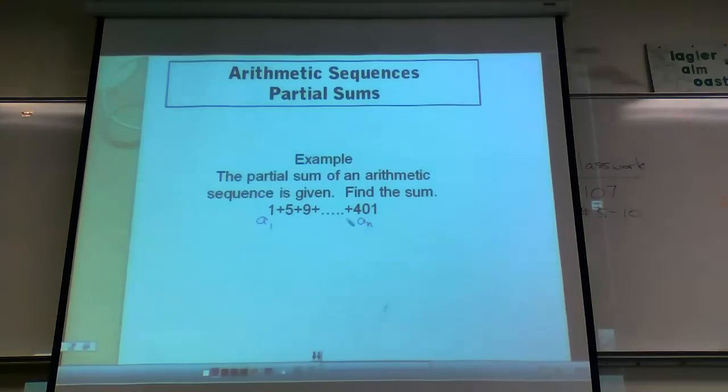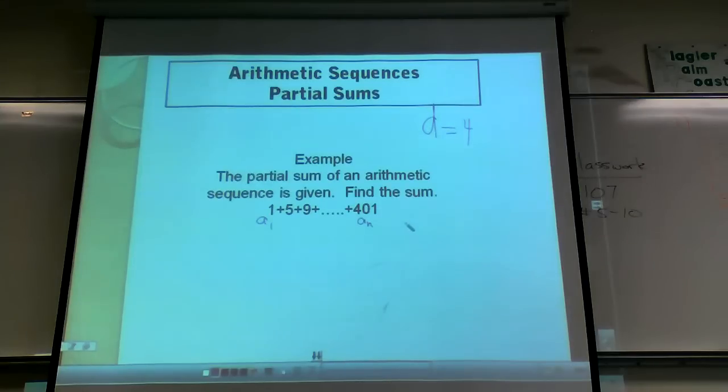No way I'm counting up by, what is that, 4? Right? Common difference here is 4. I'm not counting up by 4s until I get to 401, and then adding all those numbers together. You can if you want. Okay? I will. So that means for me to do this, basically I need to use these numbers that are there to figure out how many terms there actually exist. Okay, such as